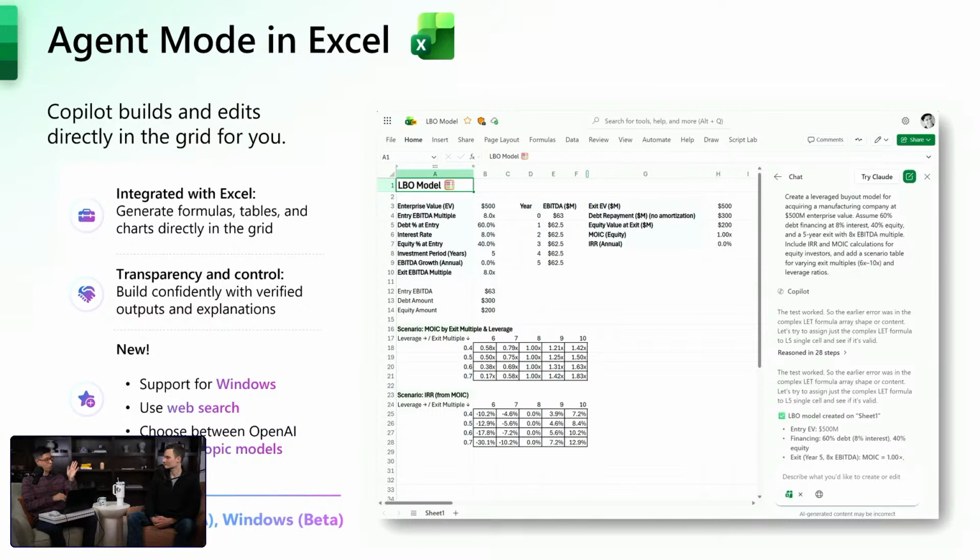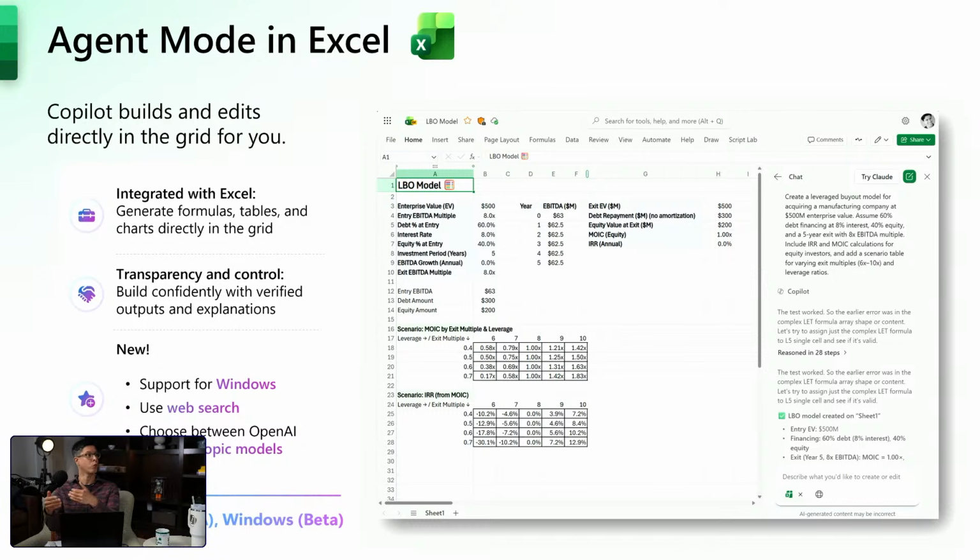The second piece is that Windows is available in the beta channel. That's the Insiders program. And it's the capabilities in Windows also. Actually, both web and Windows, we have this program called Frontier, which is an early access to AI capabilities for all of Microsoft. So there's certain capabilities for agent mode that are in Frontier, like Claude, for example. Claude is something that we just announced, and that's only available in the Frontier umbrella. And we'll test it, we'll iterate, we'll improve it, and then we'll move it forward to GA.